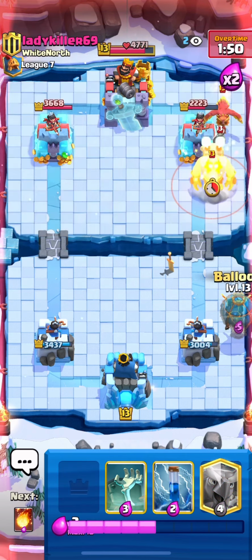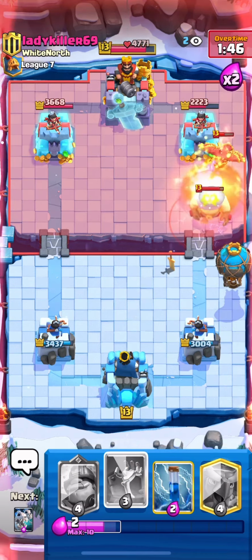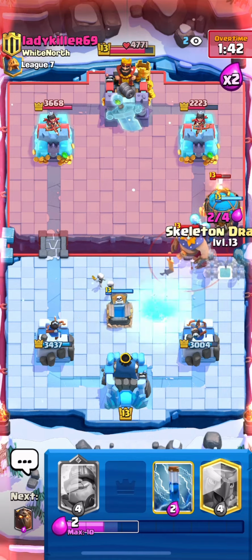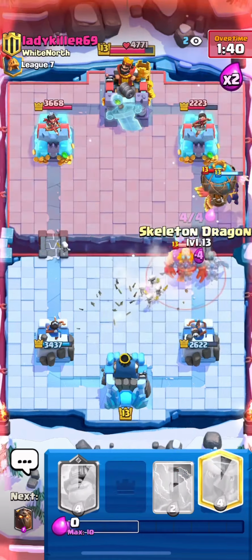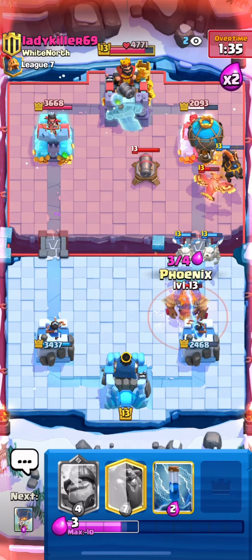So let's go Balloon over here. Let's go Fireball because this is just a nice Fireball value. He is probably going to Lightning this. That's the smart play because that's how he gets extra damage, but it's not going to let him fully counter our tower here. As you can see, going with that Lightning is going to...